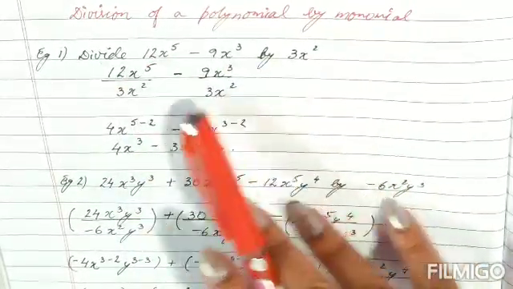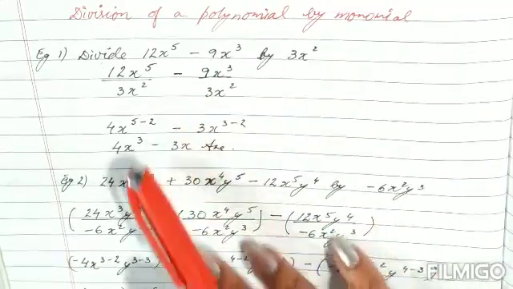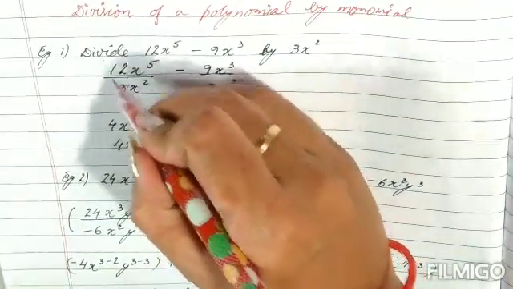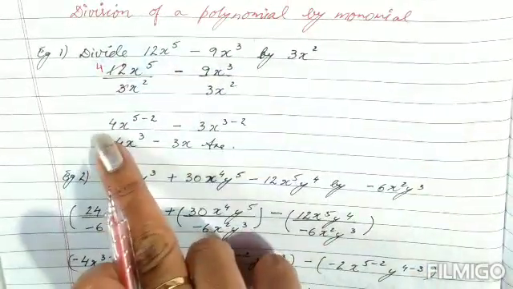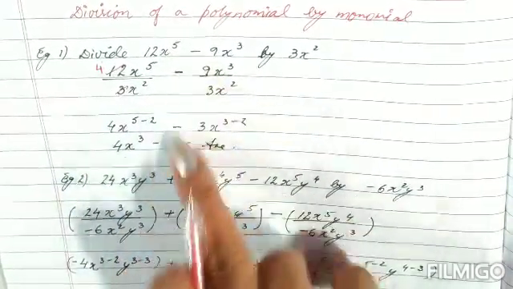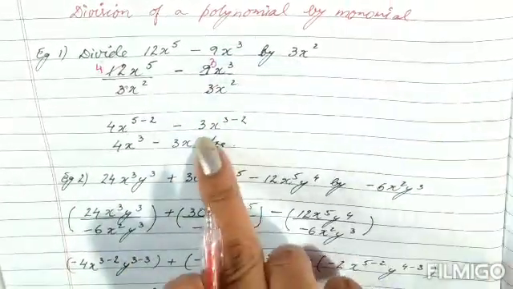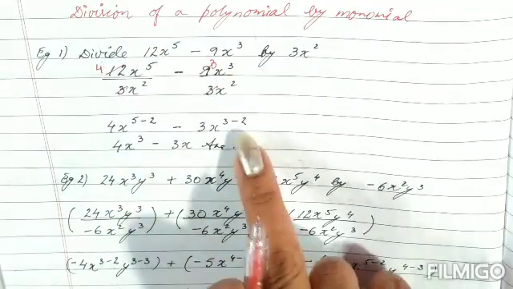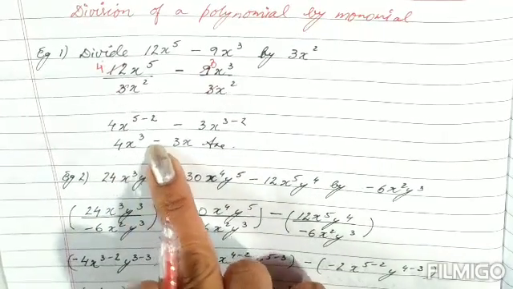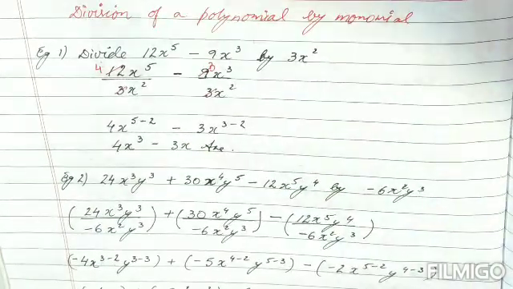You arrange that, and the way that we were doing a monomial by a monomial division, same is to be done now. So 3 and 12 can reduce each other. 3 4s are 12. So 4, and x to the power 5, 2 will go in minus. So that is here, this minus sign. Then again 3 and 9 can be cancelled 3 times. So 3 and x to the power 3 over here, and this minus 2. So after that we get the answer as 4x cube minus 3x. No need to write a 1 over here because that is understood.